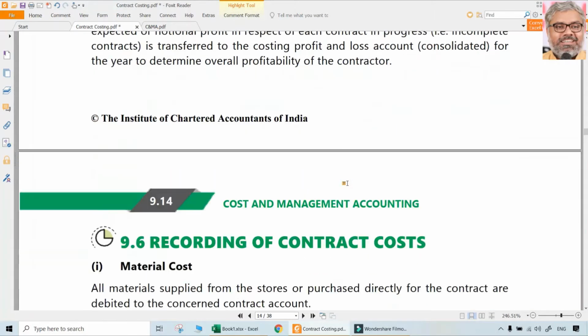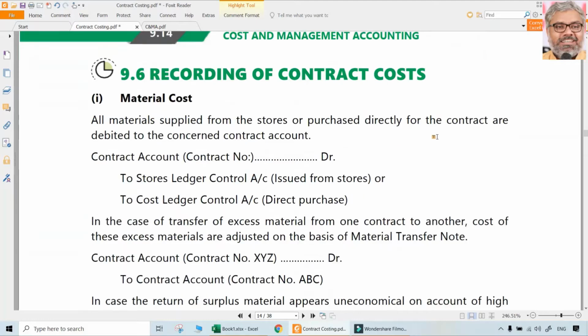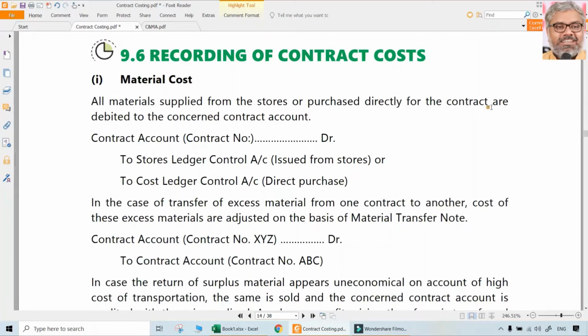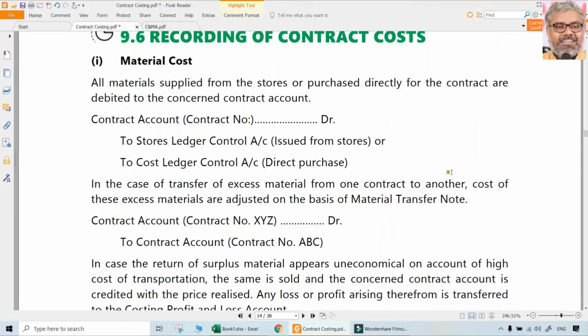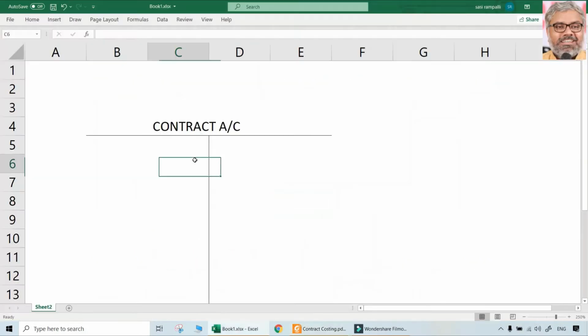We cannot be rigid about using the same financial accounting principles which we normally do. So when we look at contract costing, it is more of accounting, no doubt, but at the same time it will not follow all the principles of accounting. It will follow its own general rules, or we can say situations. And if journal entries are asked from contract costing, the simple thing is, whatever cost is related to the contract will have to be debited to the contract account.